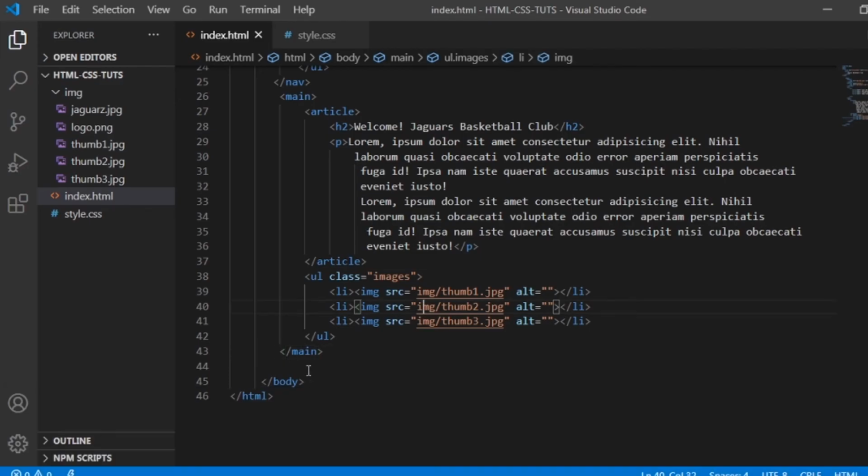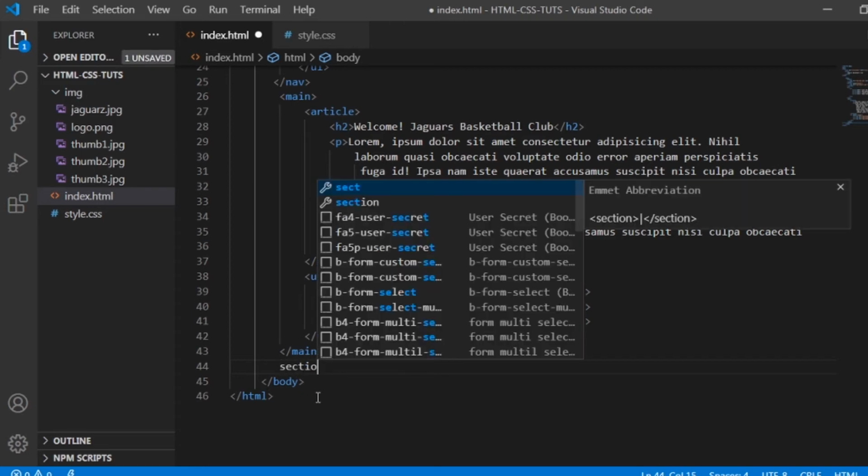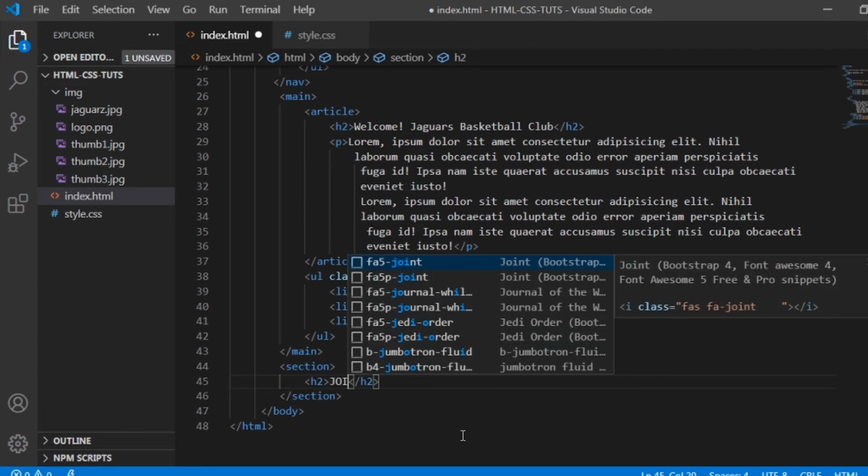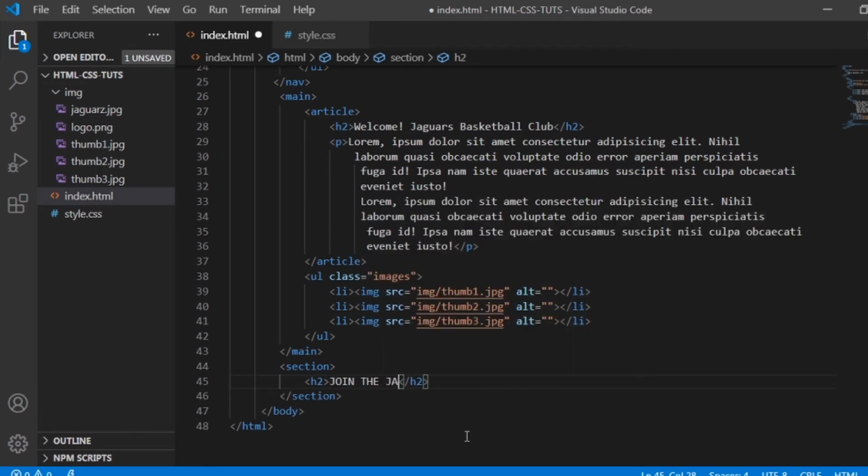Okay, so let's add another more content on our website. So after the main tag, so let's create here a section. Okay, so section, then inside the section, so let's create a title. Let's say for example h2, and then let's say uppercase, join the Jaguars club now.